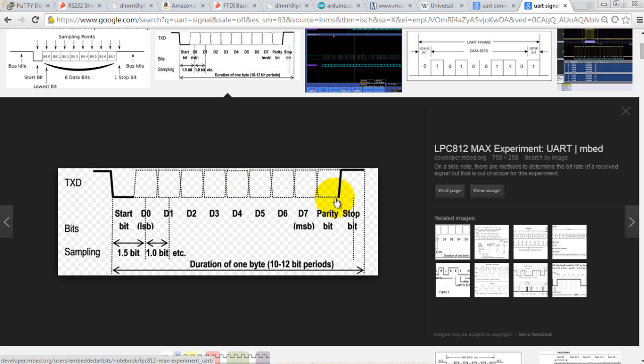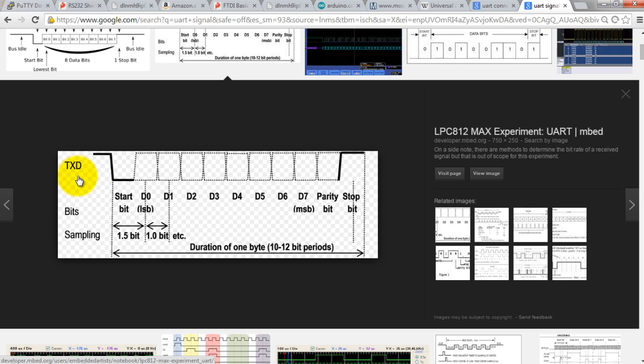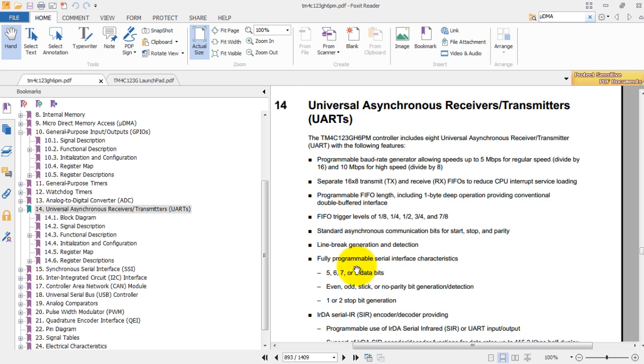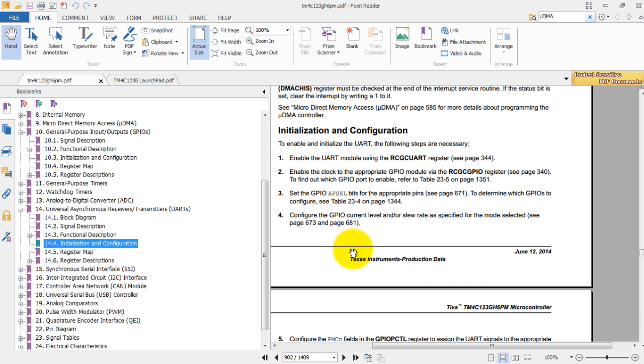Can be either 1 or 0, and your parity bit is optional. So now that you know what UART communication looks like on hardware and on a signal, let's get started with the code. Like in my previous videos for the SPI interface and the I2C interface,